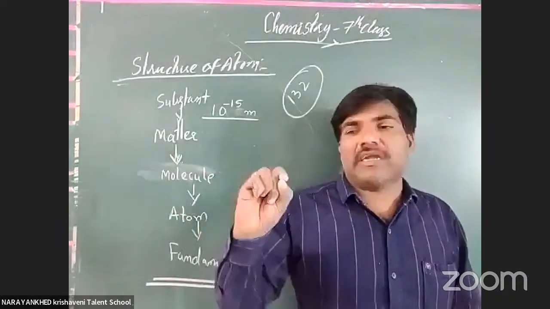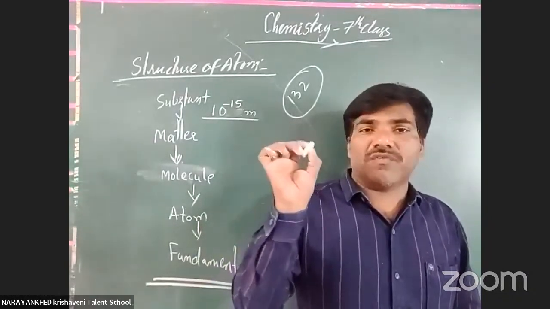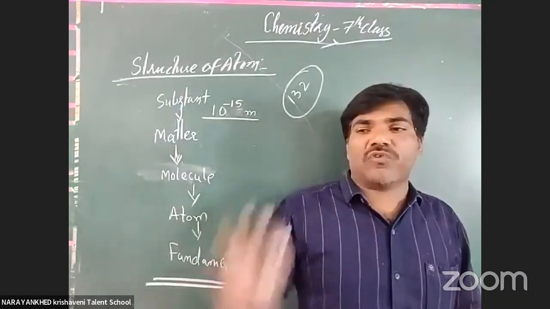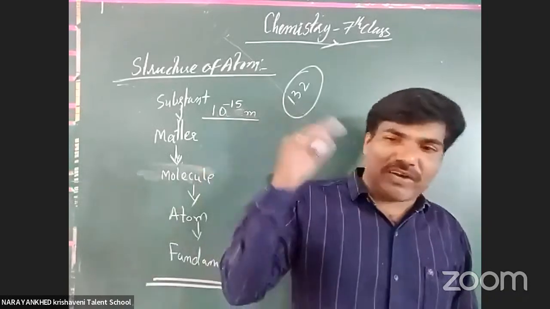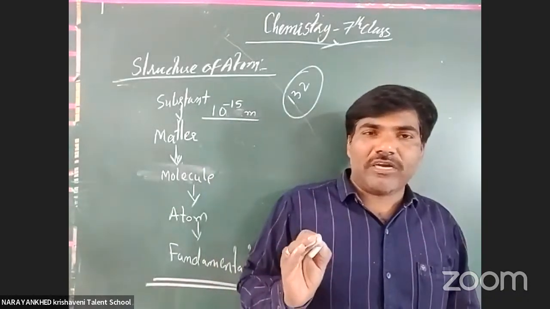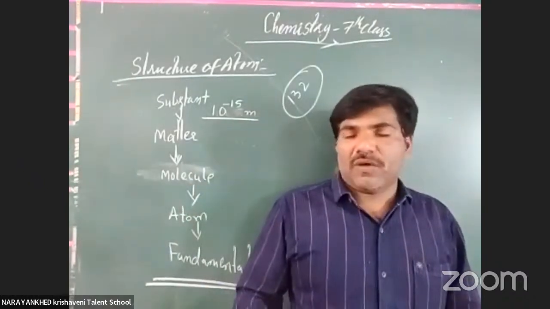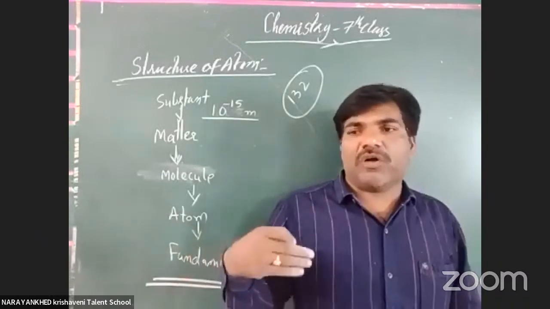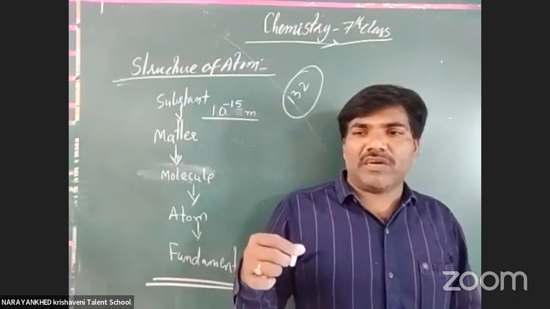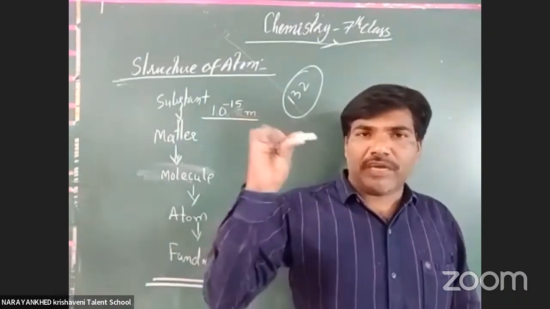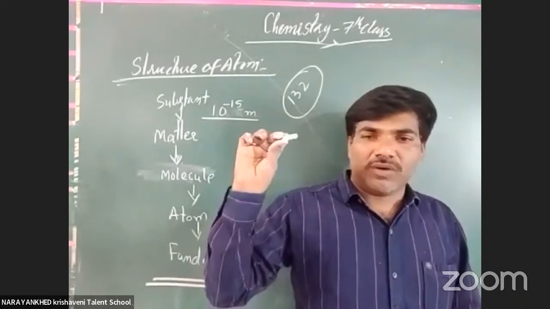A very small particle in a substance. Suppose you take one small piece of chalk, there are crores of crores of atomic particles in it. In that atom again there are some fundamental particles. Got it or not? That atom is what constructs the total substance. Our human body is made of 52 elements. How many elements are contained in our body? 52 elements. Suppose you take the chalk piece, how many elements are there? 3. Calcium, carbon, oxygen. Okay, clear or not?